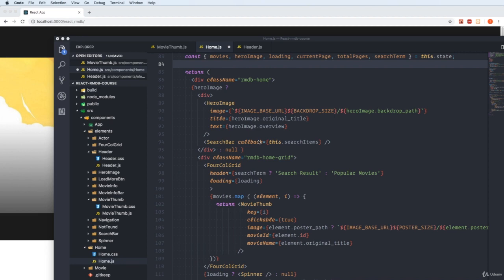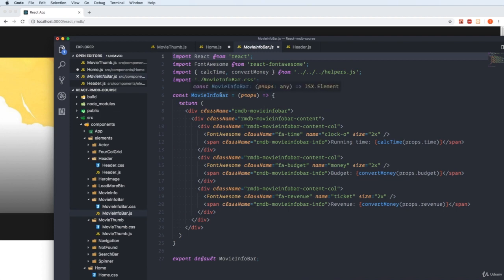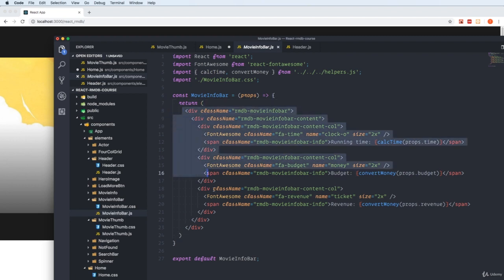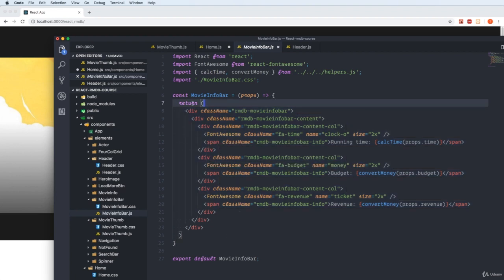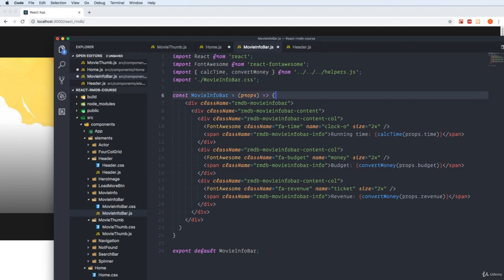I can also show you another neat trick you can do to make your code a little bit cleaner and a little bit less. So if you go into MovieInfoBar.js, your MovieInfoBar component, as you can see here, it's just a stateless functional component. So we have a regular function and we have the brackets here, and we make a return statement for this one. And if you're only returning JSX, as we do in this case, we have a div, and this div is wrapping the entire content. We can skip this one, like so,